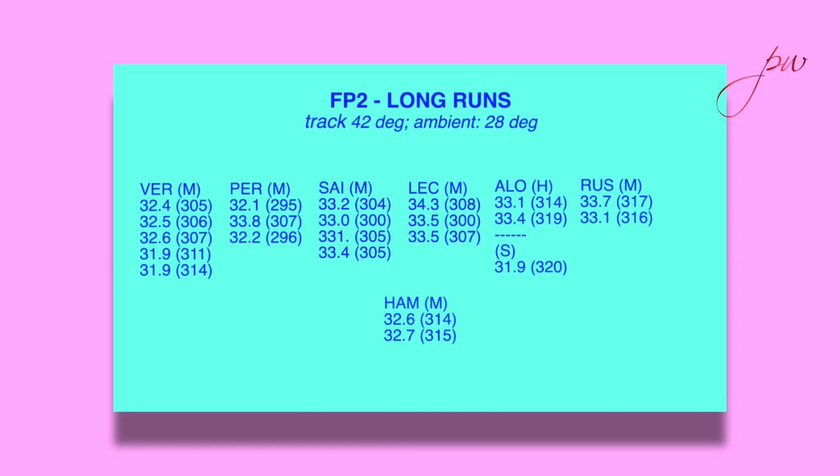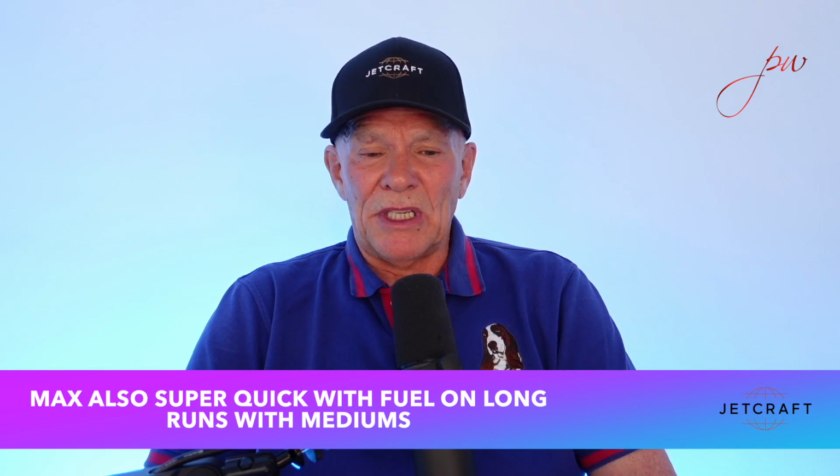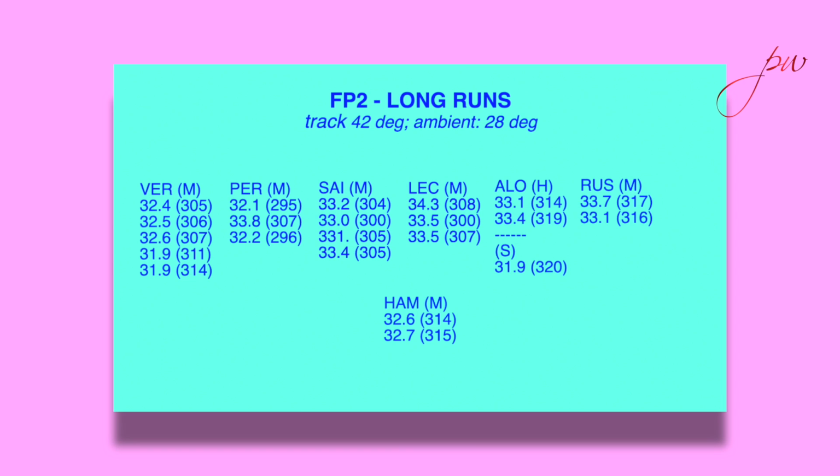They're 33s and Red Bull easy 32s really, and high 31s in Max's case. So there's the story. Charles Leclerc, emphasizing that 34.3, 33.5, 33.5. And again, top speeds commensurate in this situation, but with DRS and with lighter fuel loads, the Red Bulls are just going to disappear. Alonso, different story, 33.1, 33.4, looks pretty impressive on fuel, bearing in mind he's running the hard